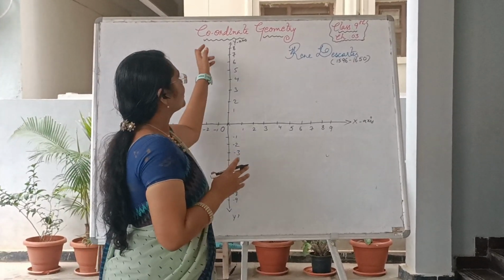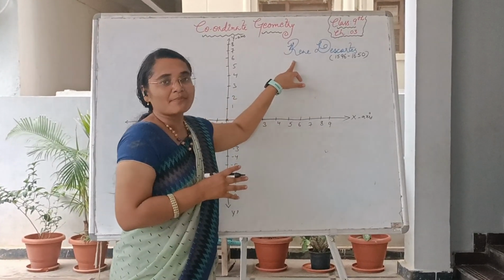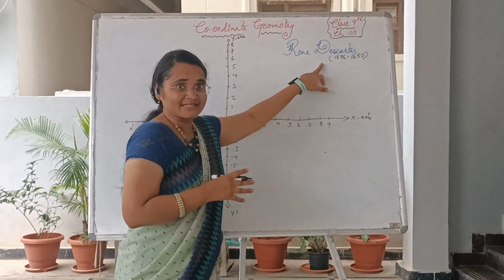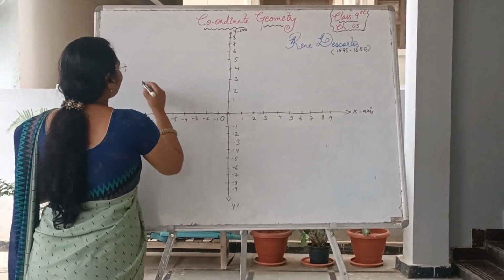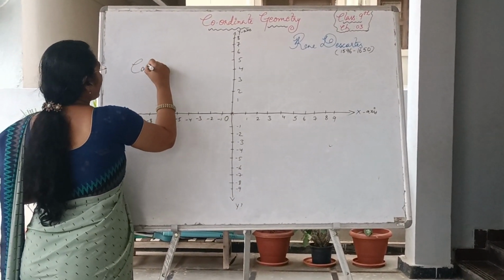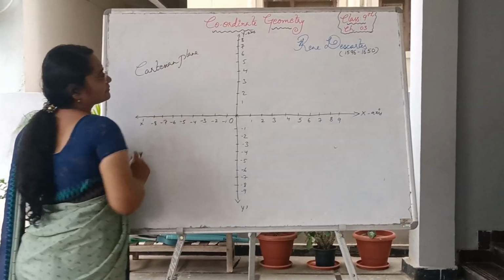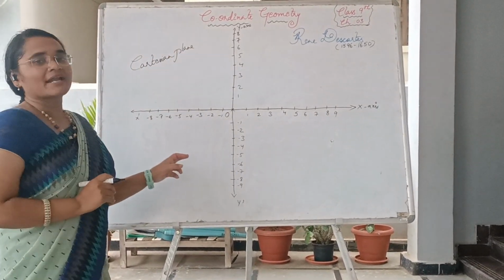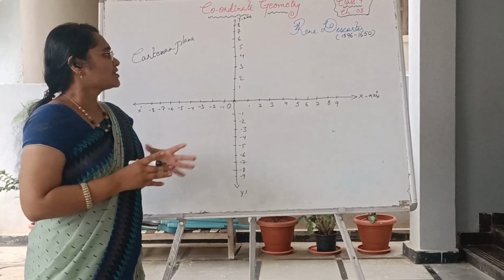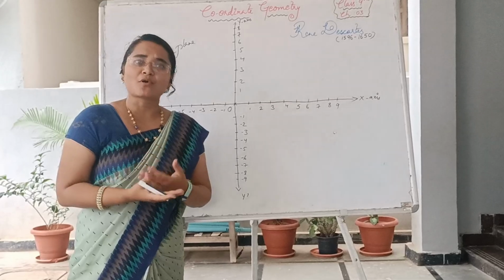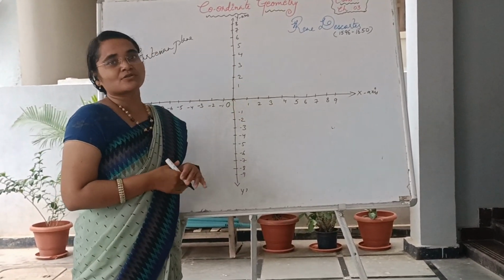Coming to coordinate geometry, it was invented by the famous mathematician René Descartes. To honor Descartes, this plane was given the name Cartesian plane. So this graph can be called Cartesian. The basics we can cover within a few minutes so that you can understand how to plot the points and how to locate the points on the axis also.